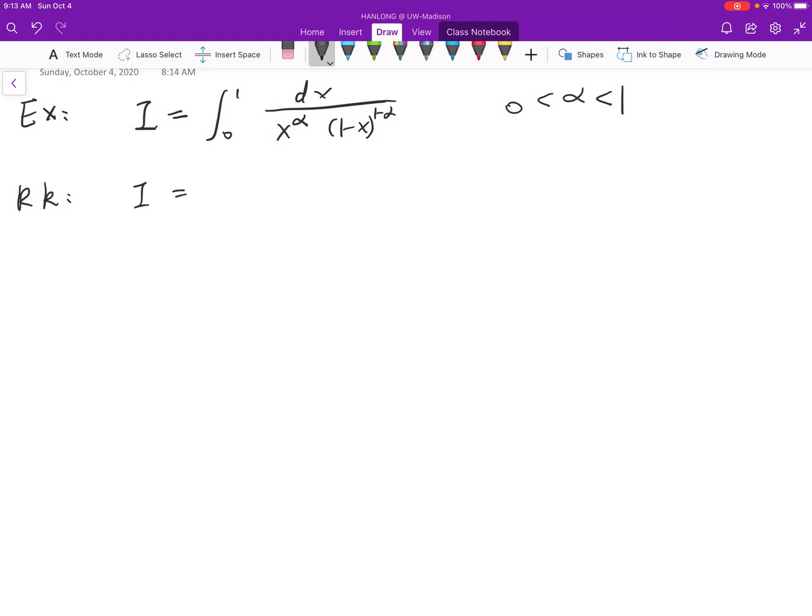First note that we should understand the integral I in the following way: limit as epsilon 1 goes to 1 plus, epsilon 2 goes to 0 plus, of the integral from epsilon 2 to 1 minus epsilon 1. We should understand it this way because when x is 0 or 1, the integrand is not well defined. It blows up. So if you look at the picture,